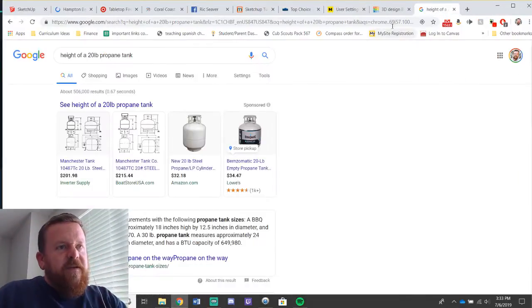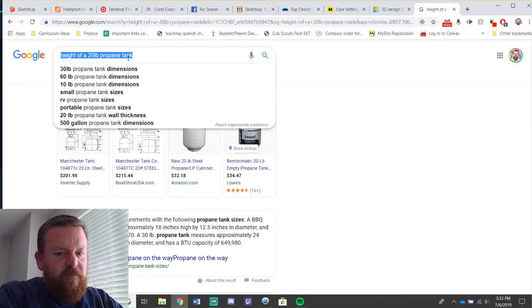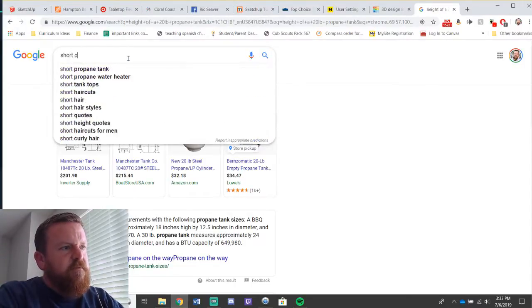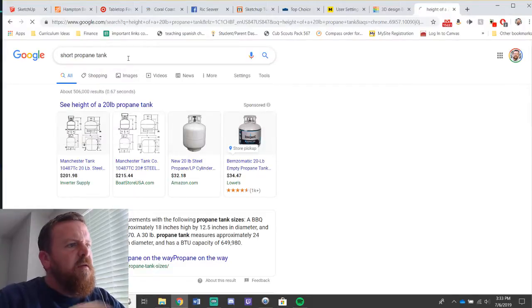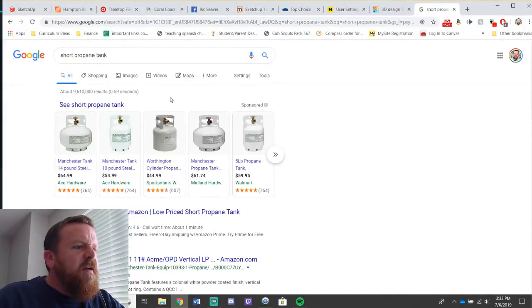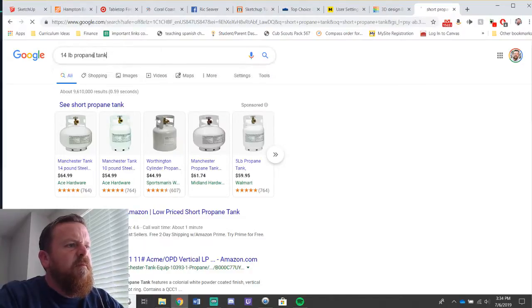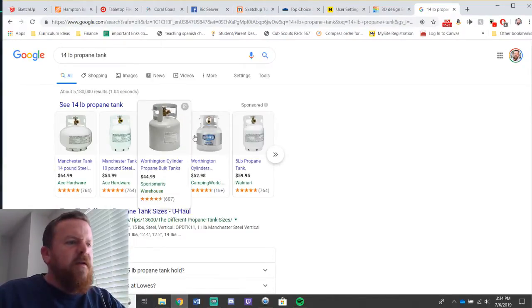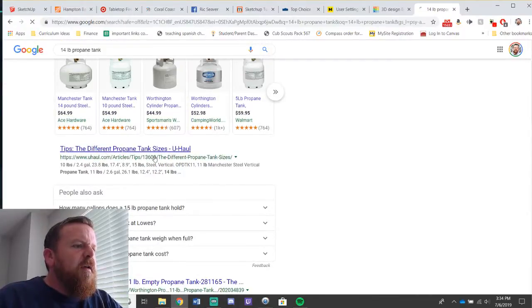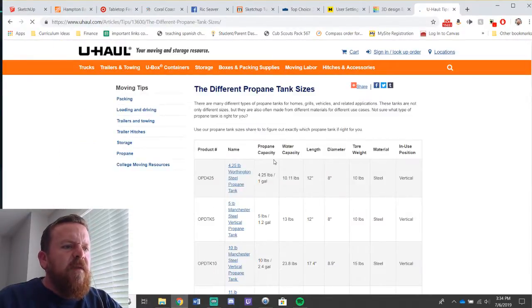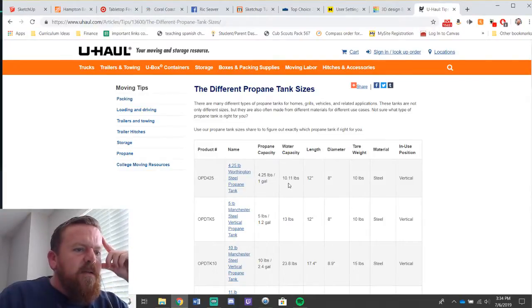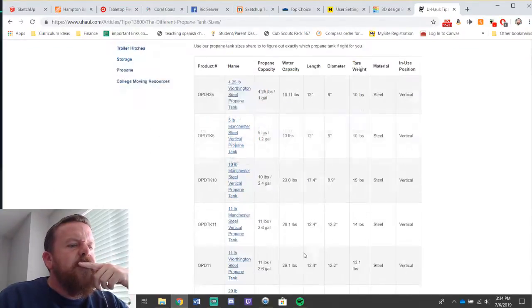The other thing I thought about is, let me see if there's a... Yeah, there's these. Okay, 14-pound. Looks shorter. 14-pound propane tank. Thank you, U-Haul.com. 4.5 pound length and diameter. 10 pound. 11 pound.